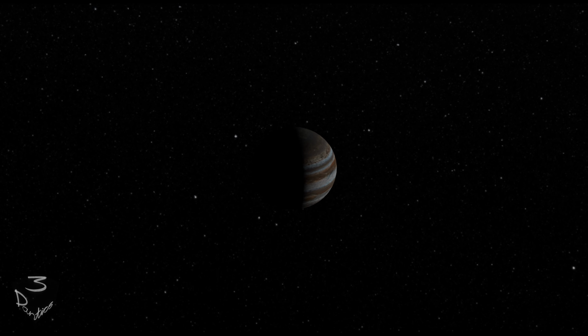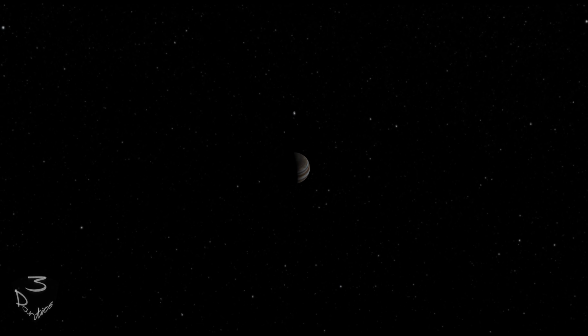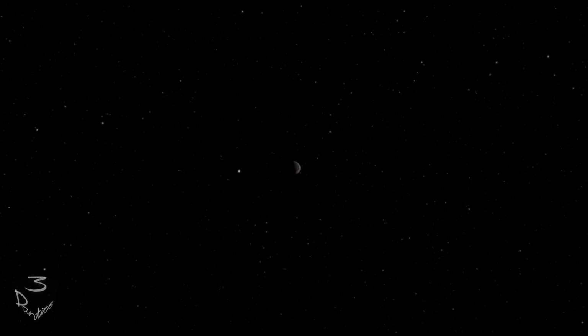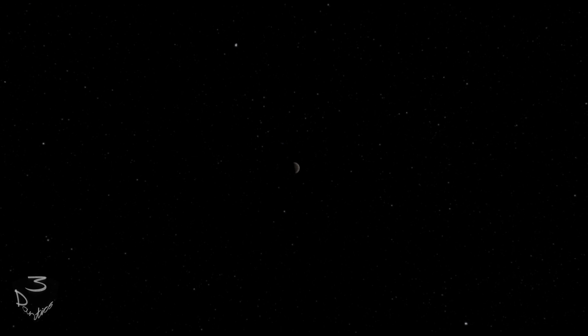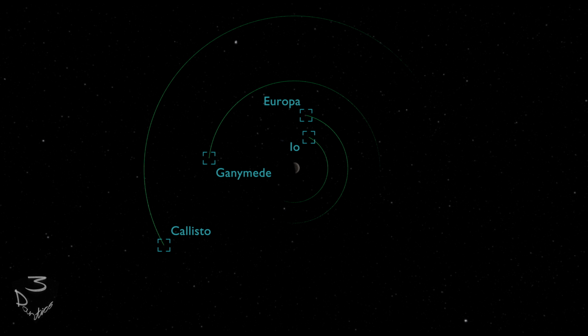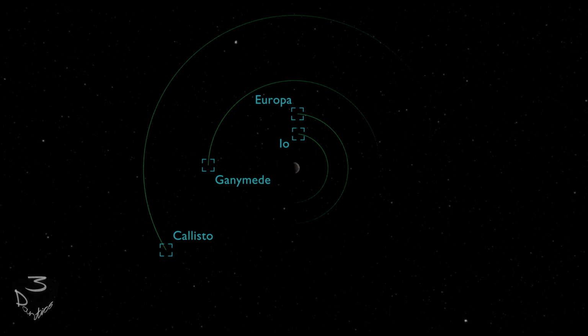The moons of Jupiter are named after Jupiter and Zeus's descendants, lovers and favourites, and there's a lot of them. 95 known so far, and the 4 largest ones are visible from Earth with binoculars on a clear night. These are known as the Galilean moons, and their discovery by Galileo back in 1610 put us on the path to figuring out that we revolve around the Sun and not the other way around.